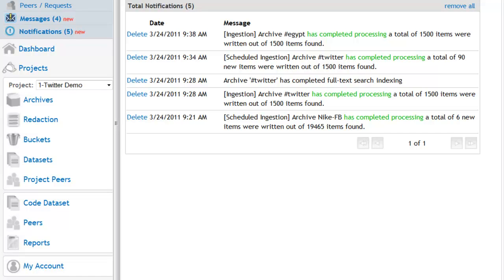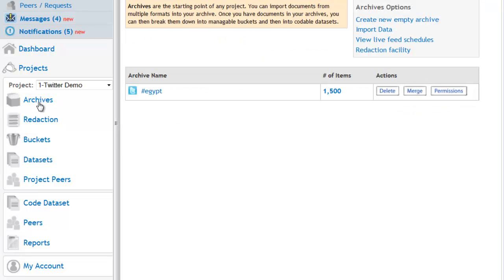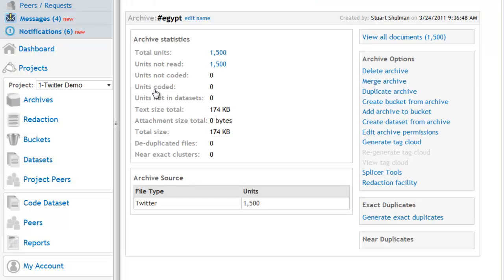And after a little pause, we're back. The search has been returned with the hashtag Egypt. 1,500 items were written to that archive, and that archive then shows up on the archive list here, and I can drill into that archive and see some summaries. I can go in and generate exact duplicates, which will create a deduplicated file. I can browse these items